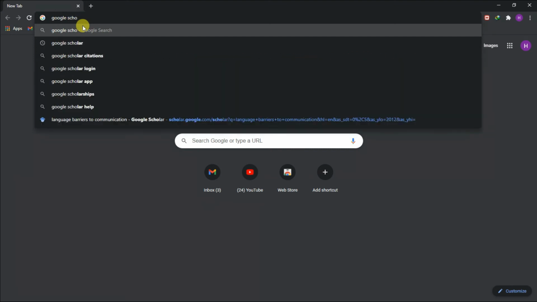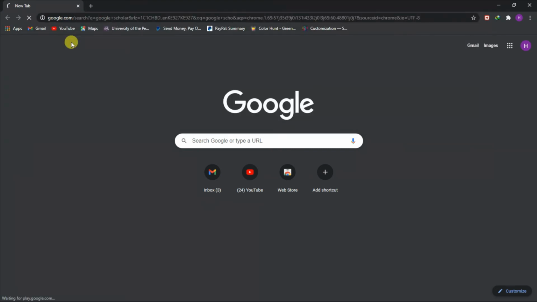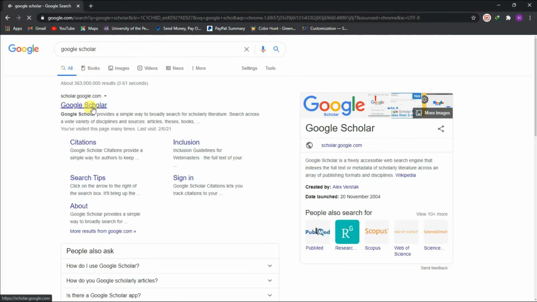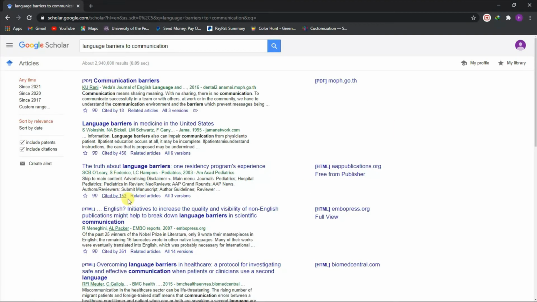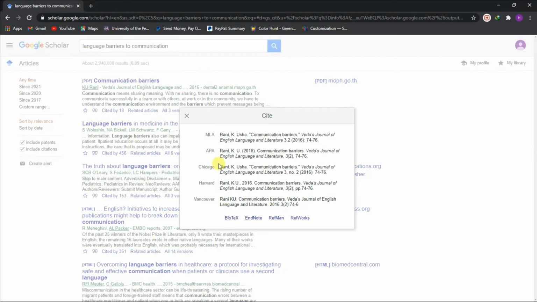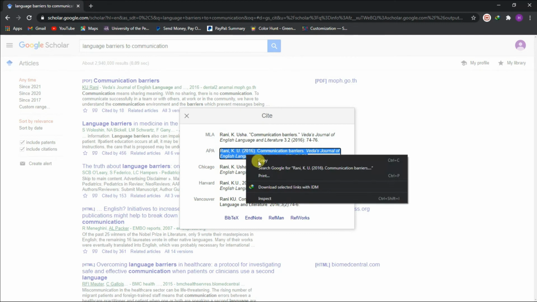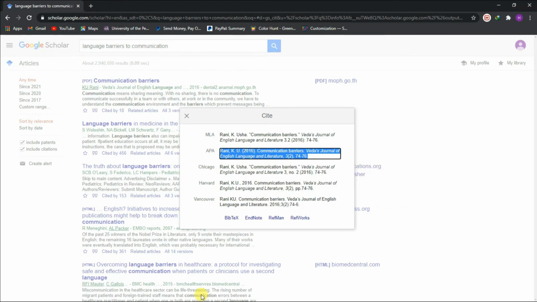to also find articles, to find articles, books. So also Google Scholar is a very useful resource. So I can type anything here, maybe language barriers, then I search. These are all articles, so I can cite from here when I click on that. So this is APA, so I copy paste it into my